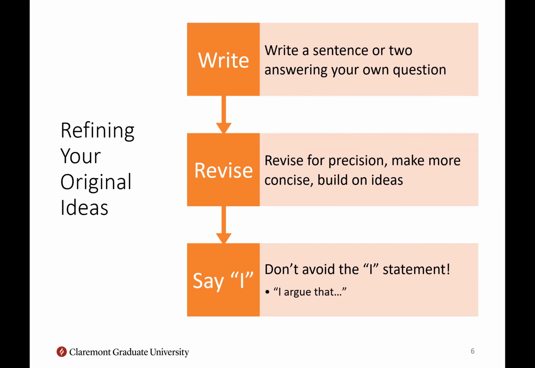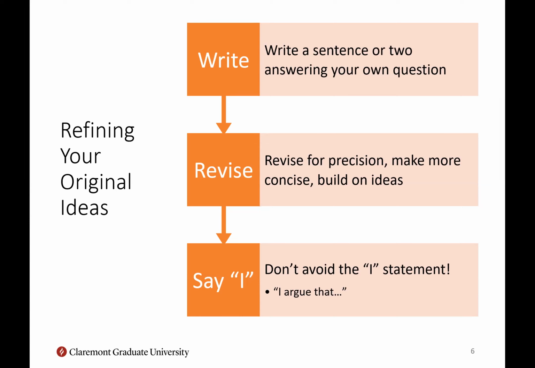So we've looked at what a thesis is and started to formulate a research question that it's going to address. Once you've spent some time and you have the beginnings of your research question, the way you're going to start turning that into a thesis is by writing a couple of sentences answering that question. This is going to be your first pass. Don't worry about this being a refined final thesis at this point. This is just your starting point, starting to get ideas out. What approach do you think you might want to take in answering that question?